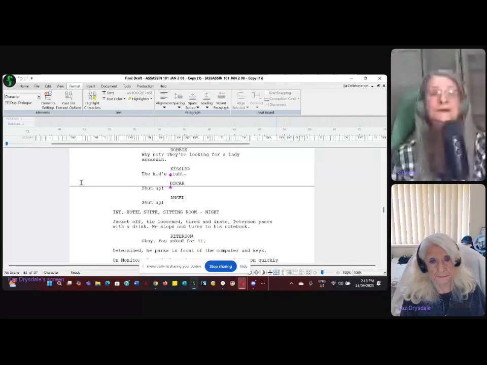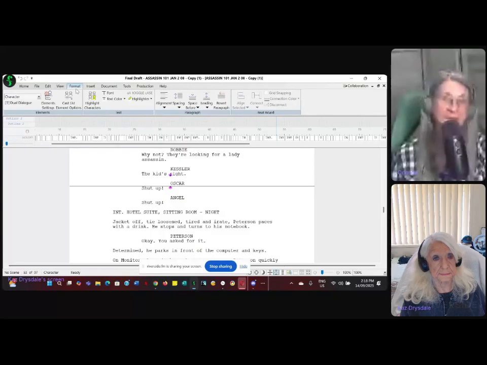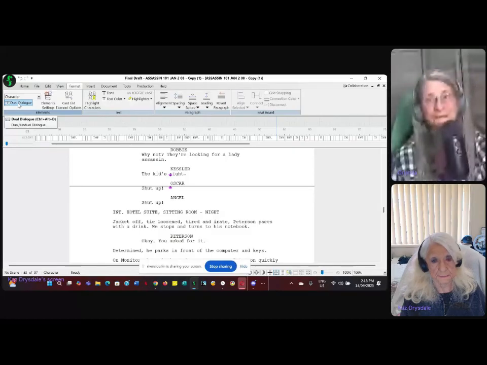So what Kaz is going to do is put her cursor right at the beginning of Oscar, go up to the Format tab in your screenwriting program, especially in Final Draft, go down here, and it's going to say Dual Dialogue.